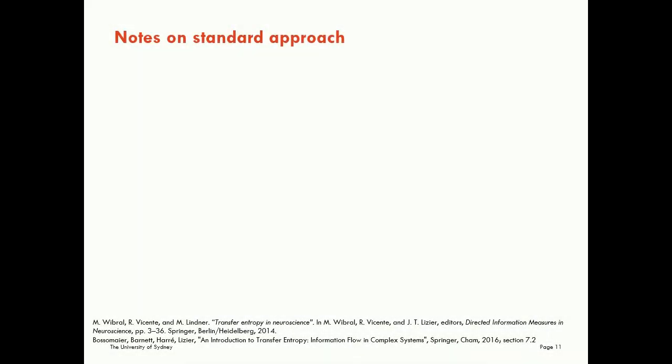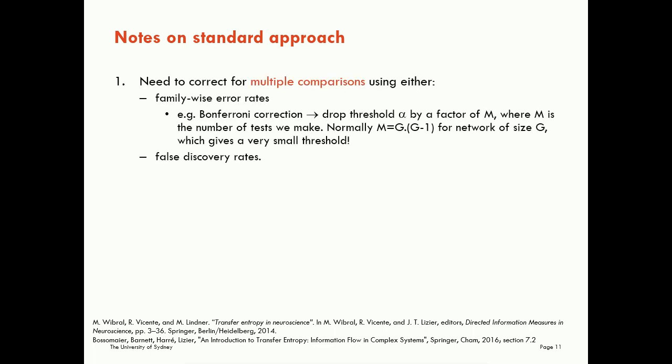Okay, so let me make some comments on what I've called the standard approach here to using pairwise transfer entropy to infer effective network structure. As I just said, we need to think about correcting for multiple comparisons. Using a threshold of 0.05 is sensible when we're only making one statistical test. But when we're talking about network structure, we're typically making a lot of different statistical tests. When we make a lot of statistical tests, then that 0.05 chance applies to every test. If we make 100 tests, then we might expect maybe 5 of those to come up as false positives